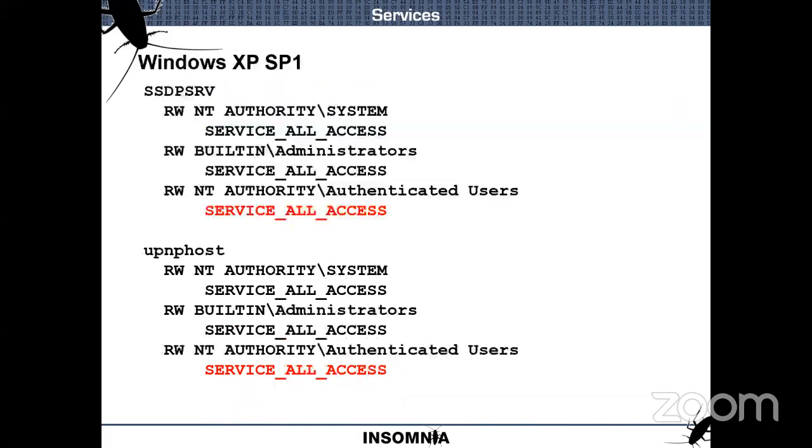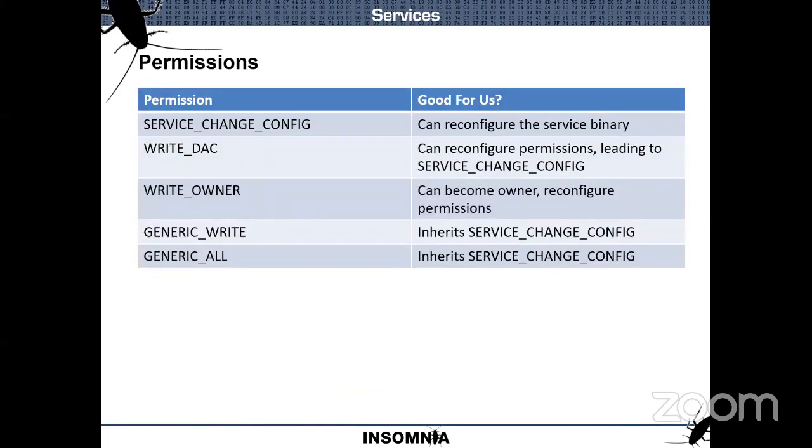These two from a few years back are patched now of course, but are included to show the type of permission we are hoping for. SERVICE_ALL_ACCESS in Windows XP SP1. These are the permissions. SERVICE_CHANGE_CONFIG can reconfigure the service binary.